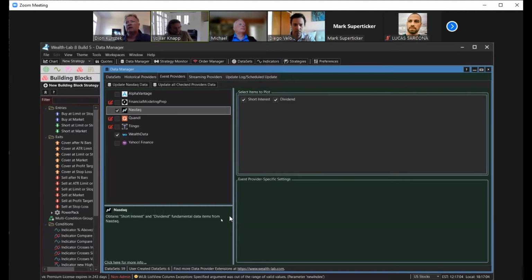So here Volker selected the NASDAQ fundamental provider, which gives you short interest and dividends. So if you open up a chart and type in a NASDAQ